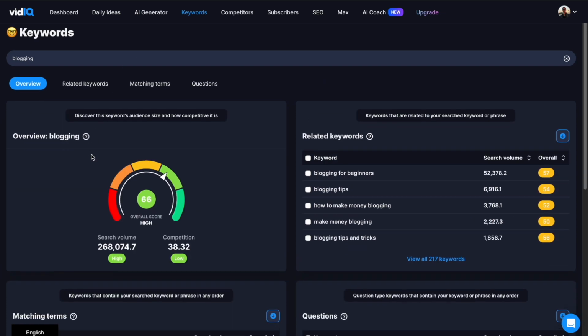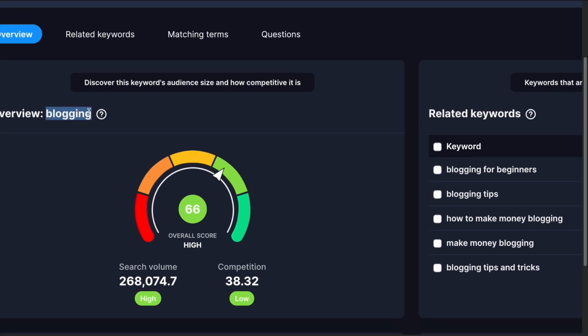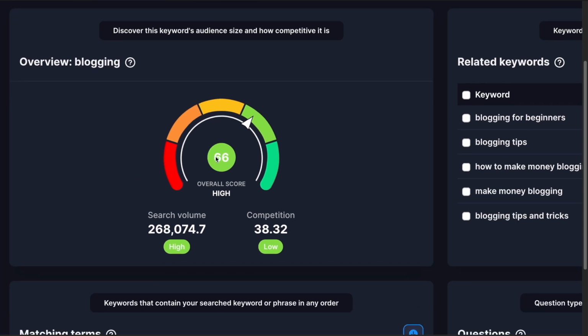Now, on the left panel, we see that for this search term, it gives us a score. For small YouTube channels, this score is very, very important because they will get the chance to rank high on YouTube depending on the competition and search volumes here. So if you have a small channel, you should definitely aim to get as high a number as possible to rank your videos high on YouTube search if you want to make searchable videos.